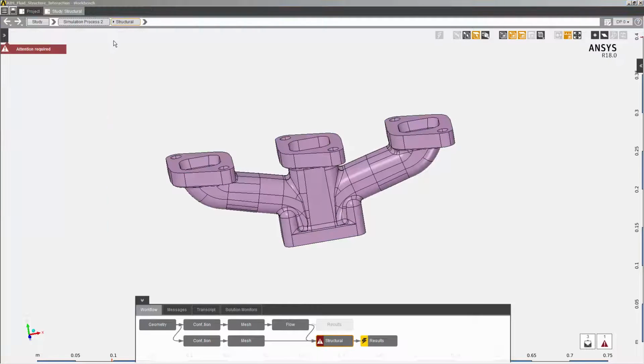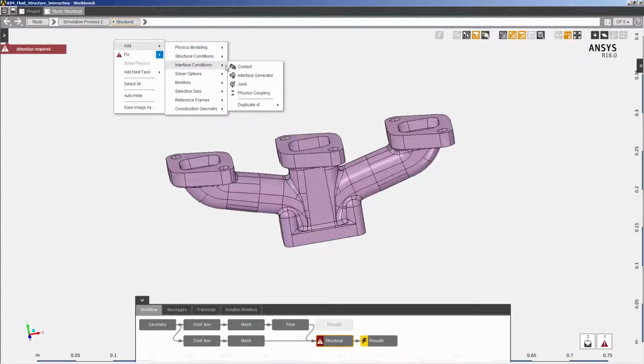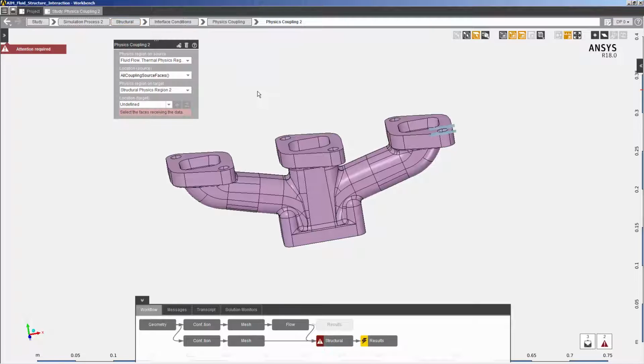I transfer fluid force data into this simulation with the physics coupling interface. The source region is the fluid simulation that we just solved. The tasks are connected so that the fluid data is available to the structural simulation. All of the walls on the fluid simulation are automatically selected, so the wall we looked at earlier is selected